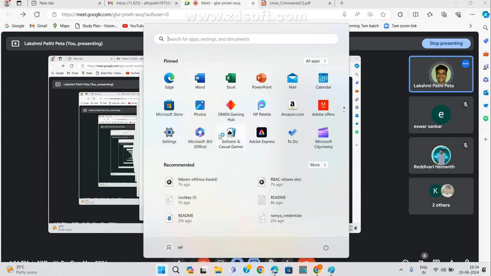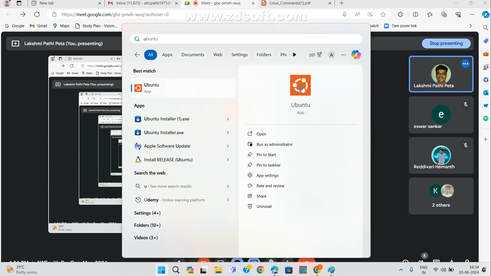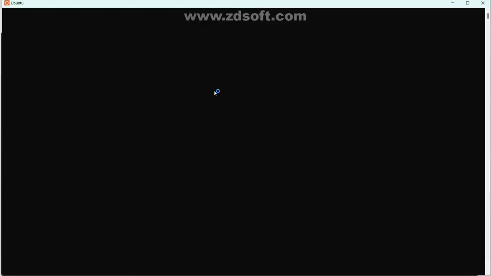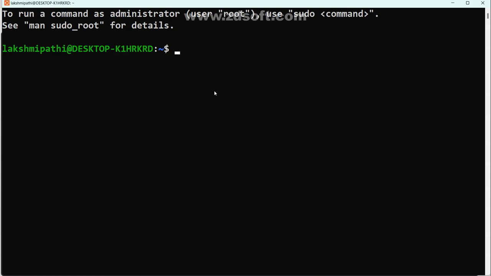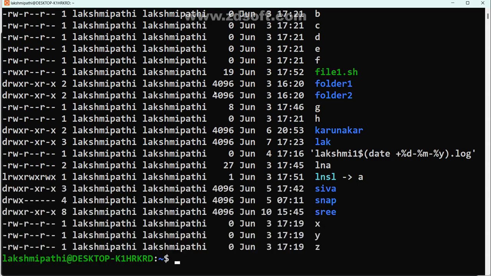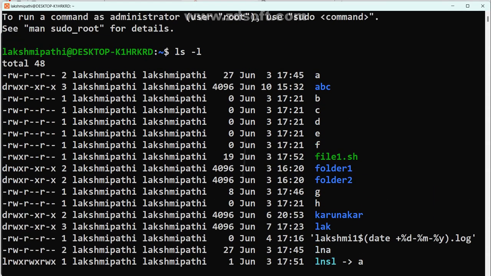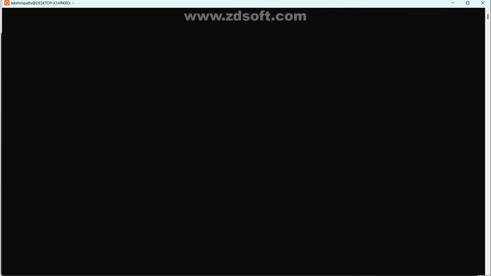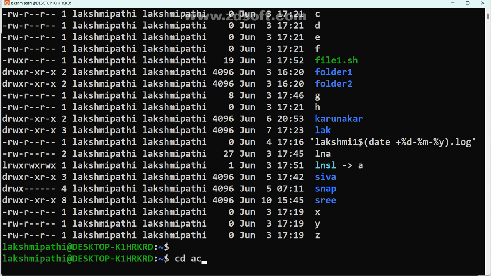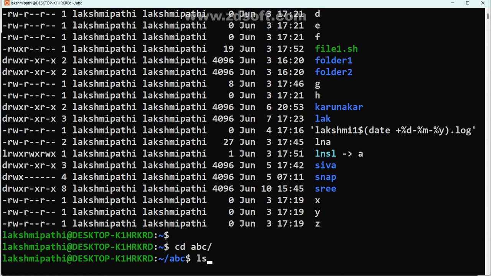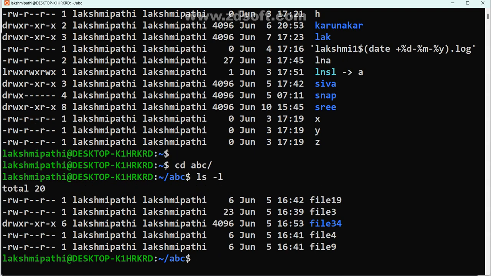Try to open Ubuntu. There I am going to enter one directory, or maybe you can search it directly. I hope my screen is visible, right? Here I want to go for ls hyphen l. There I may have some folders also. Maybe last week we created ABC. cd ABC, then ls hyphen l, maybe some files. Yes. See